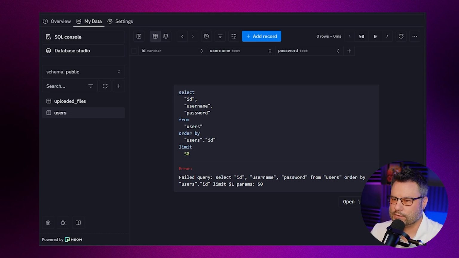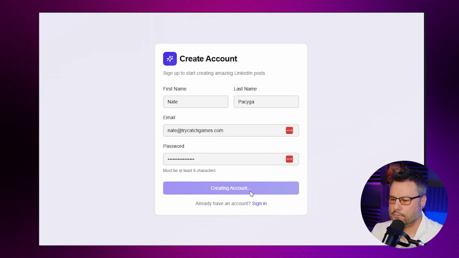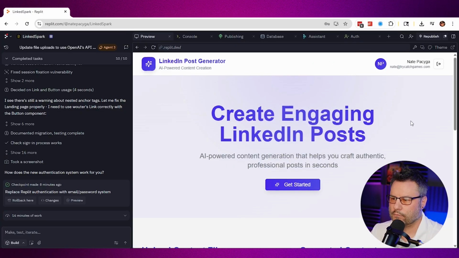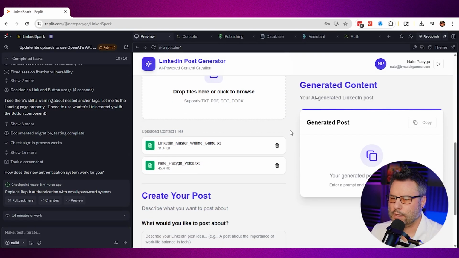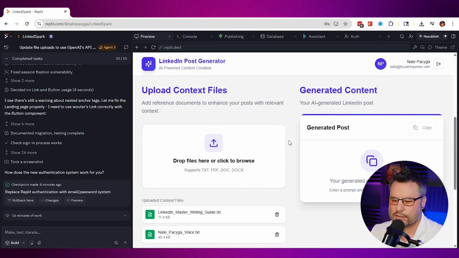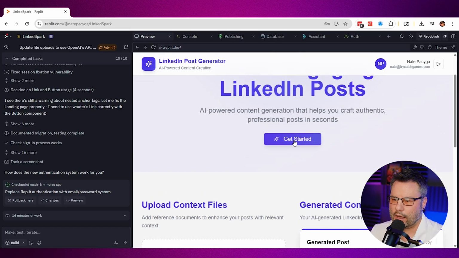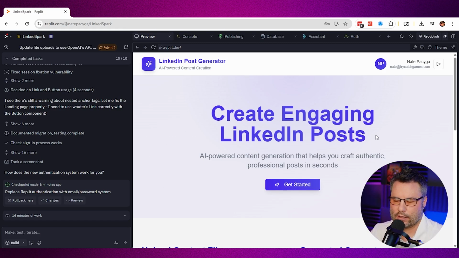So I'll just use a different email. I was going to ask the assistant to help me out and clear that out, but I'll use a different email here. Okay, we'll get rid of that. Okay, so we're logged in as another email here. And now I have access to the application as we did before with the Replit authentication. But now we can continue on and have our application now be locked down behind a login wall,